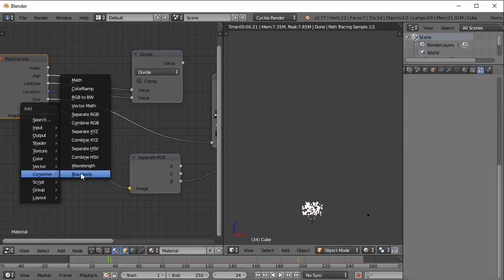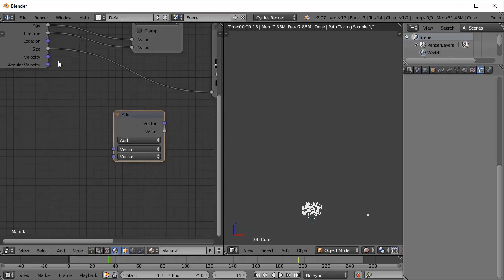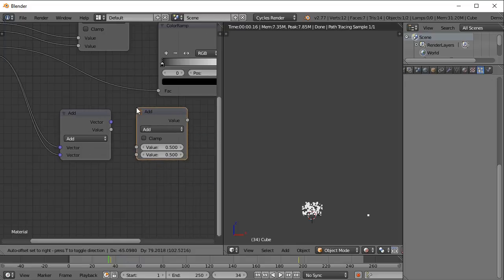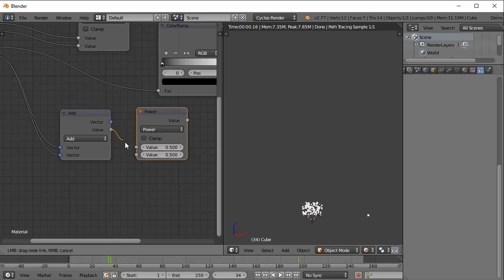So Shift A, then converter and vector math, and we'll feed the velocity to the two inputs, and we'll also create a power node and fetch the value to the upward value. And now if we see,